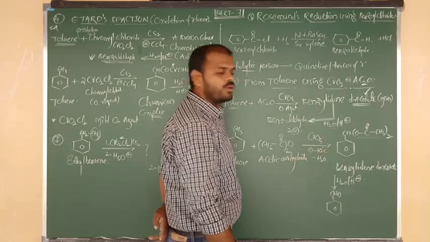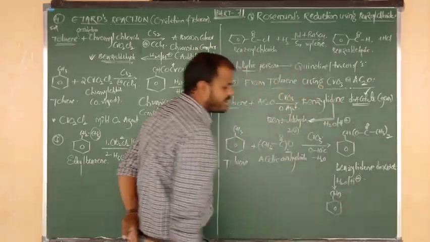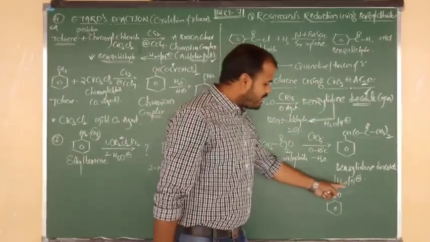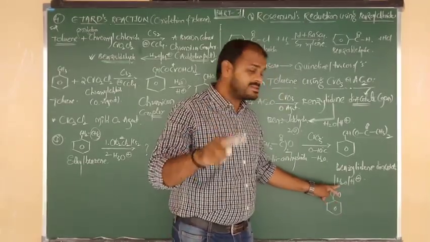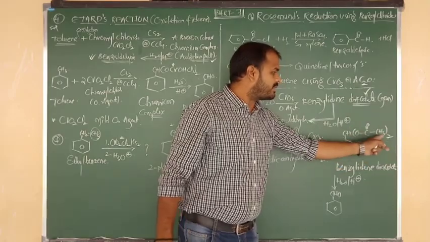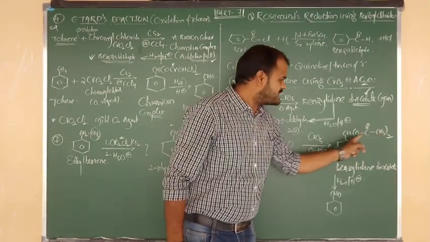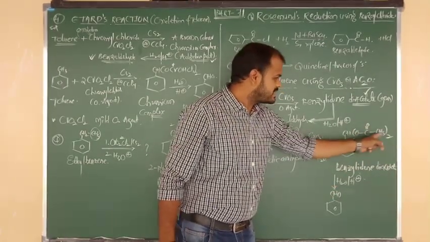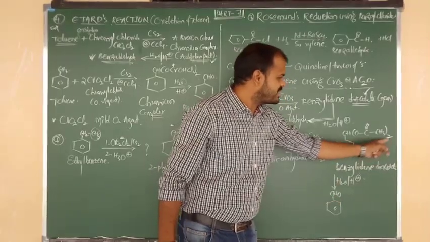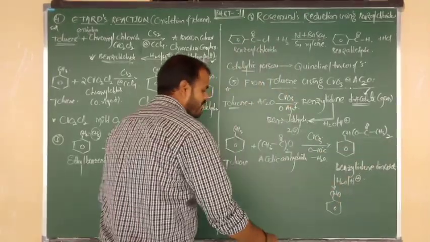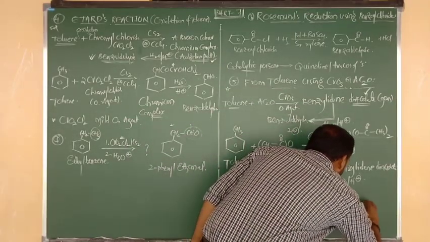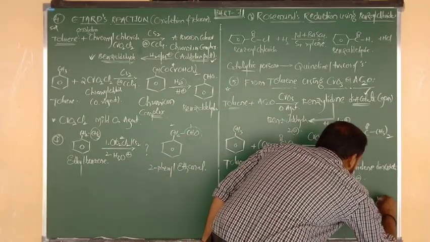After breaking the 2 bonds, from the water molecule we have to give the oxygen. So from the water molecule, O is given to the CH, and CH becomes CH2. The remaining 2 H atoms are given to the acetate ions. So CH3COO minus H plus, CH3COO minus H plus. So 2 acetate ions combine with 2 H plus and are removed in the form of, what is the byproduct? 2 moles of acetic acid.